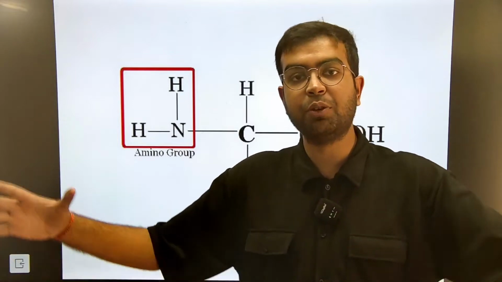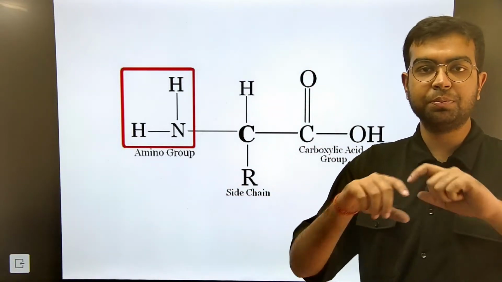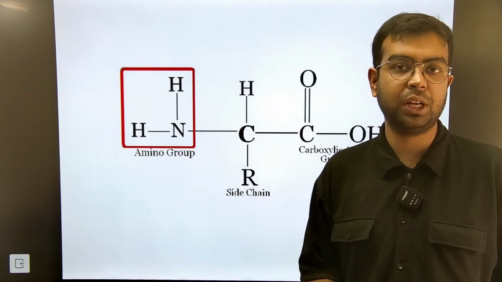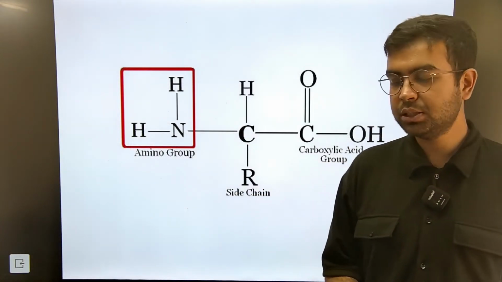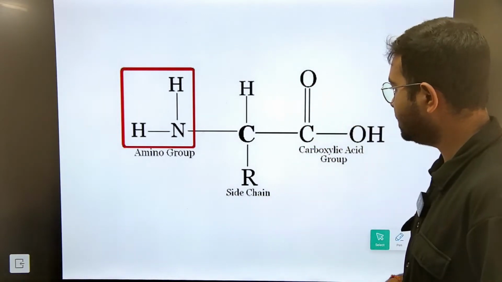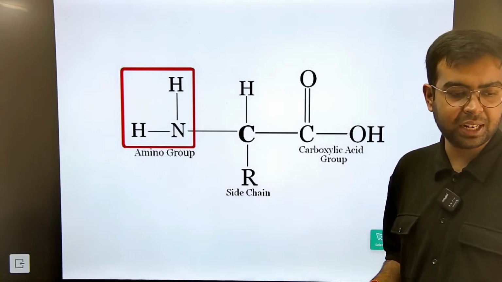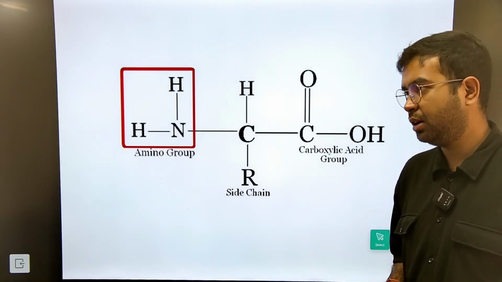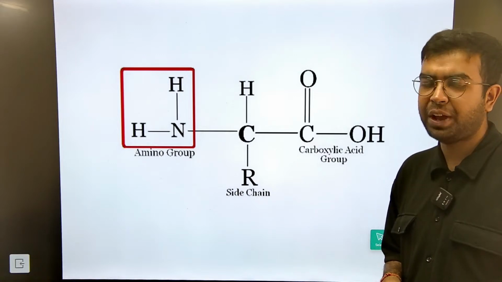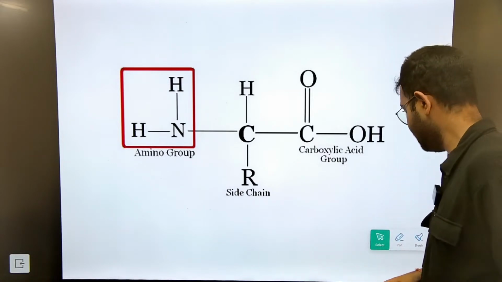अब ऐसे बहुत सारे अमाइनो एसिड they will get together, they will form together, and as a result of this they will form a long chain of amino acids, and this long chain of amino acids will be known as the protein. Hence the basic unit of protein is amino acid. Similarly for carbohydrates the basic units are known as monosaccharides, and for fats the basic units are either known as monoglycerides or fatty acids.